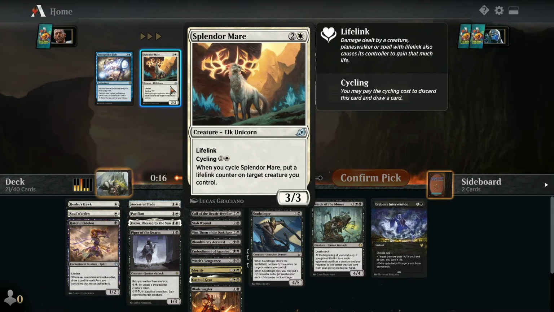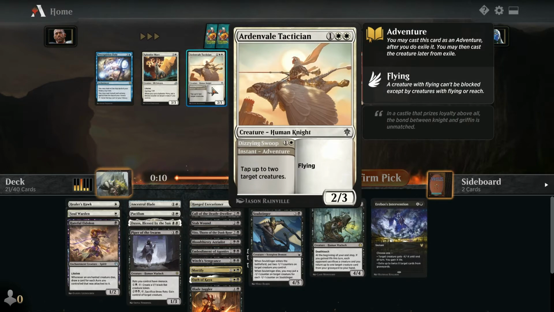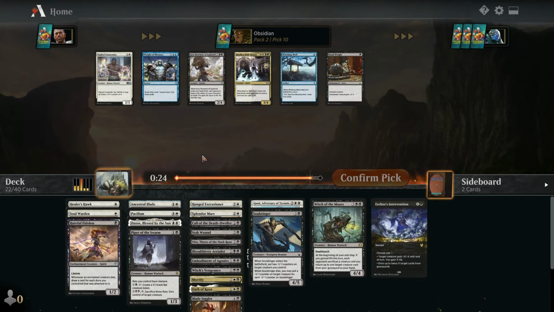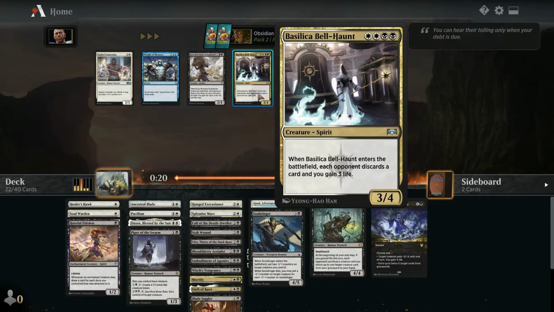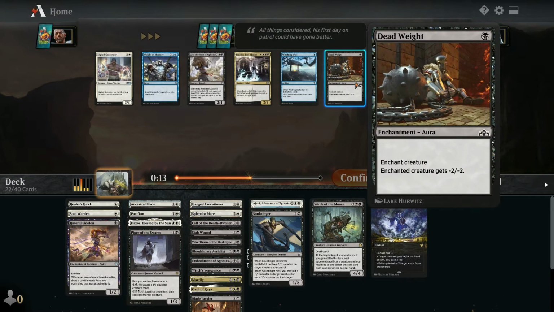I don't know, Splendormare? It's a good creature. Deathbloom Thalad's also a pretty good creature. Ardenvale's okay. We'll see if we can find some more good life gain payoffs. Grey Merchant or Basilica Bellhaunt. Or Sigiled Contender. I don't think I want the Contender. Deadweight, actually, is probably...